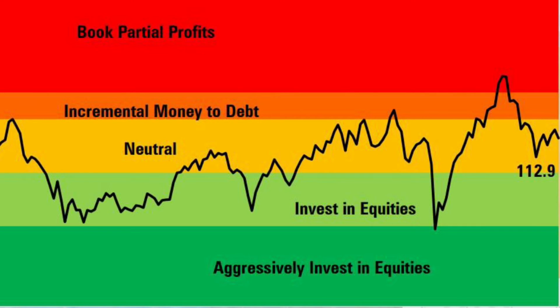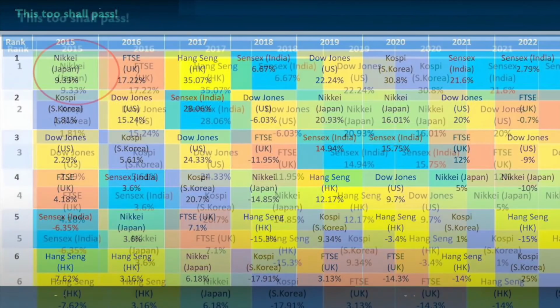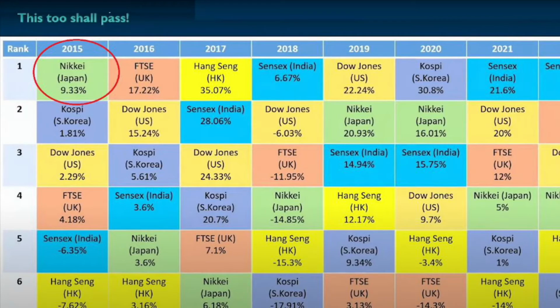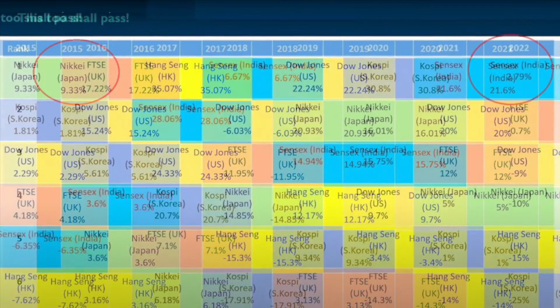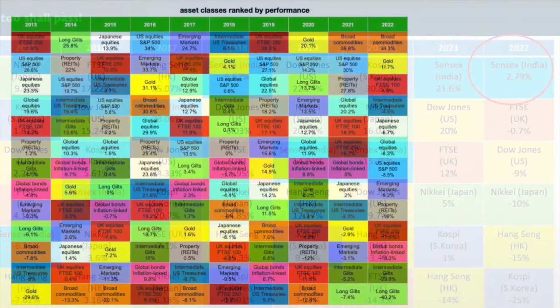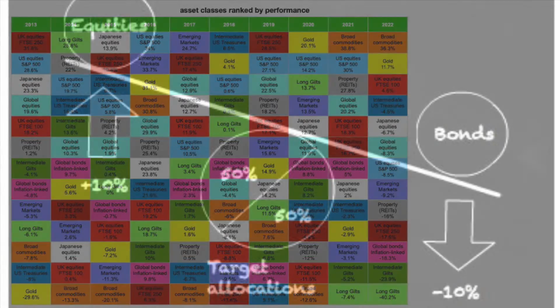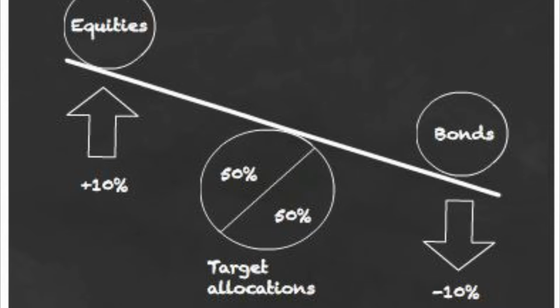The second method is diversification across asset classes such as equity, debt, commodities, gold, and real estate. The best equity markets themselves are very different every year. For example, in 2015, Japan was the best performing market. In 2022, India was the best. Further, no single asset class wins all the time. Selling what has done very well in the past and buying what has underperformed in the past increases our odds of winning. This brings us to the third topic, which is rebalancing across negatively correlated assets.